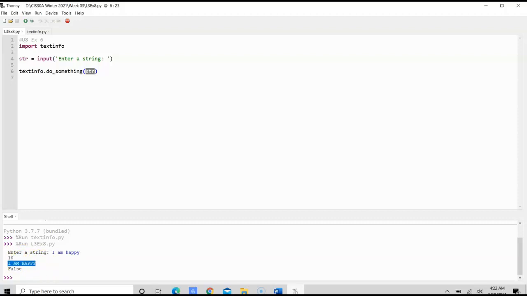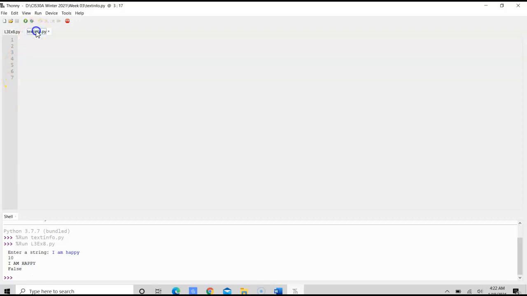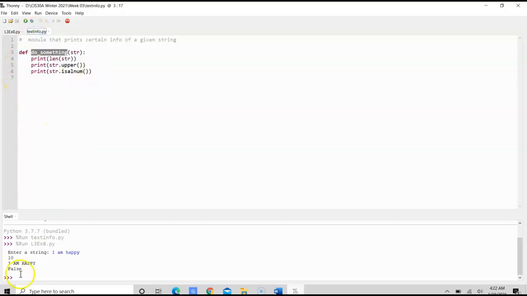It converts it to all uppercase. And it's going to check for the alphanumeric. It's false because it's all letters. So the length of the string is 10, converts it to uppercase, and checks to see if it's alphanumeric, and